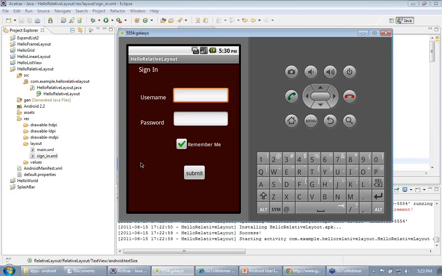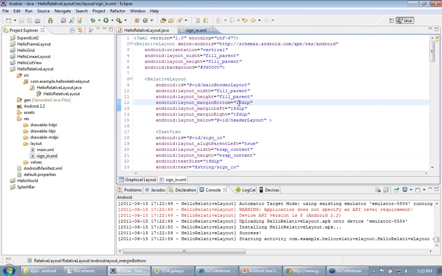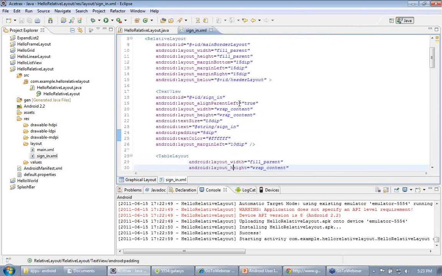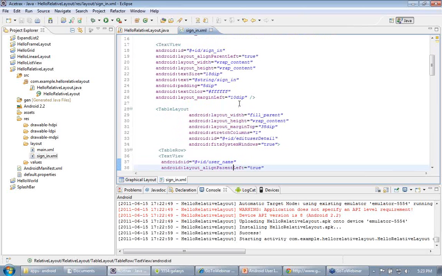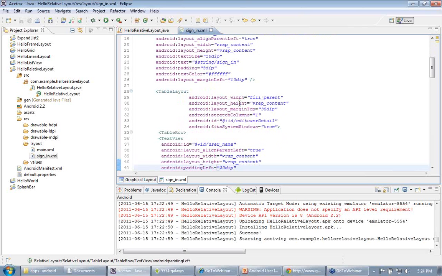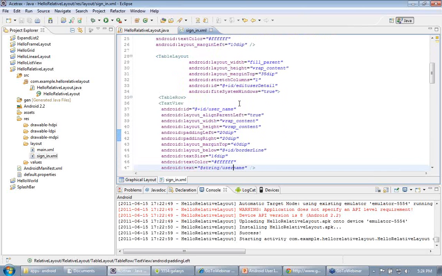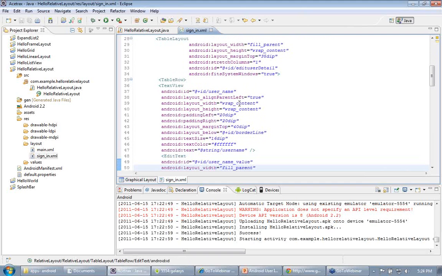Then we define a text view. So you can see that's the output. It's a user authentication screen in which you can enter username and password and press a submit button. So we have just defined a text view, and then we are using a table layout to create a structure. Table layout is used to arrange components in a table based structure.